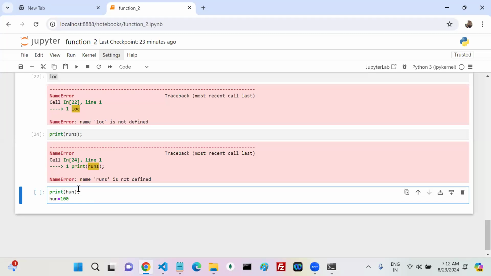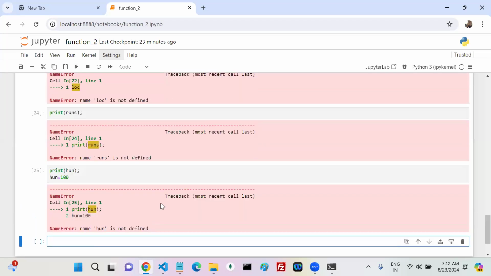If I run this one, what happened? Line number 25 block, if I execute, what exactly is the output? H1 is not defined. HN is not defined. You're right.